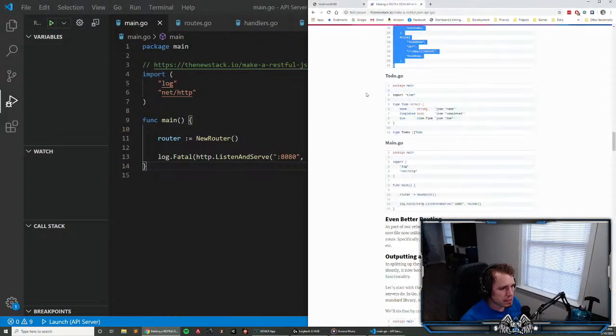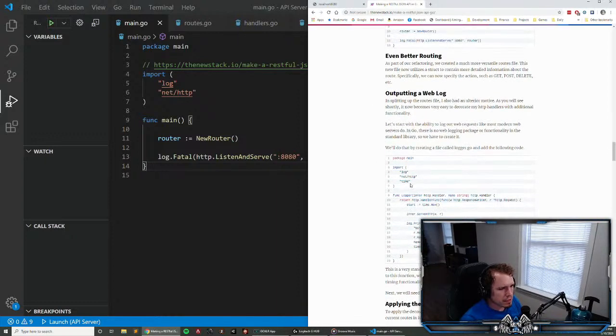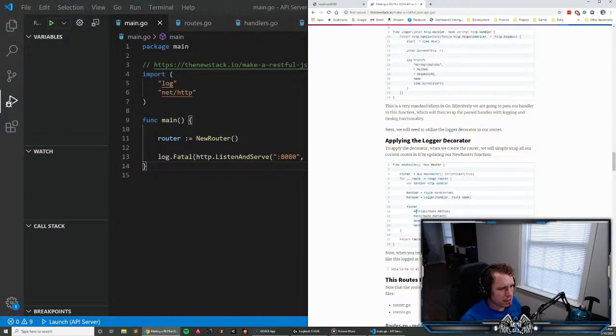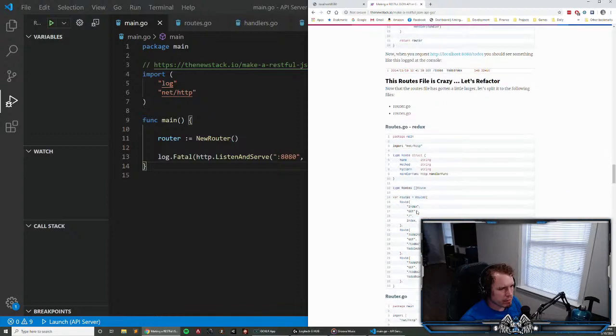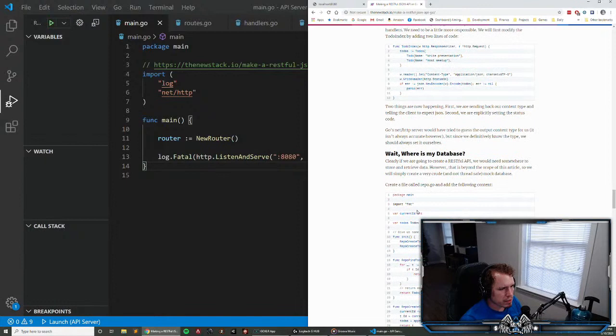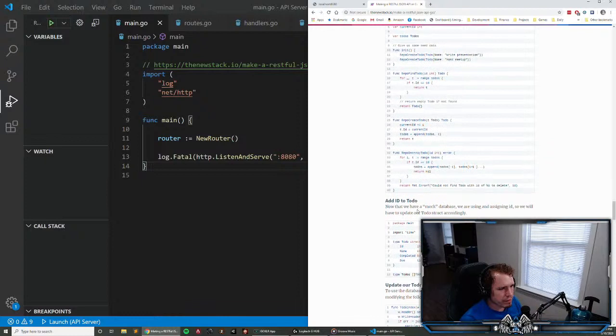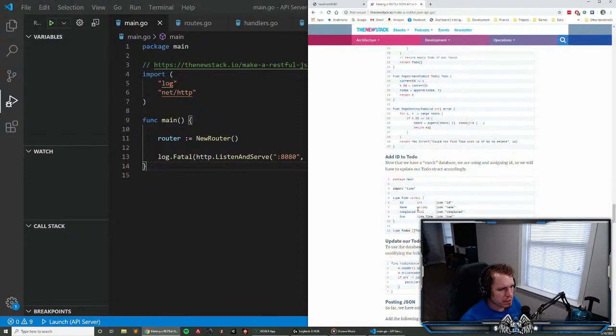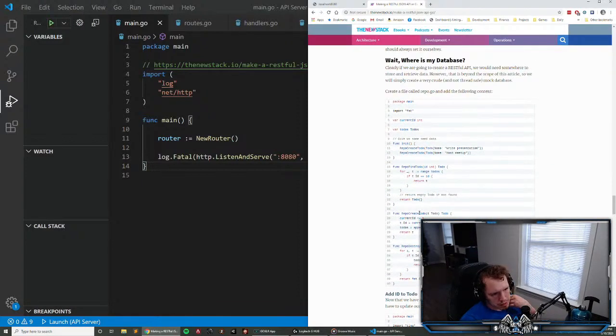I don't think I'm gonna bother with adding logging to the HTTP requests. Hey, he does do database stuff. Okay. So yeah, this digs in a little bit to what we were talking about doing, which is